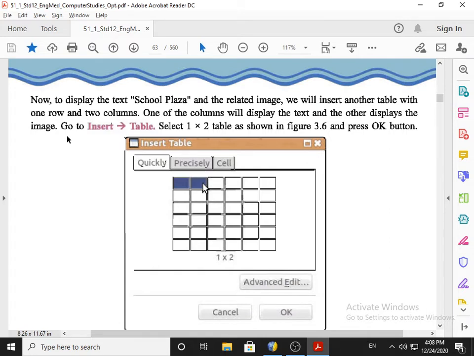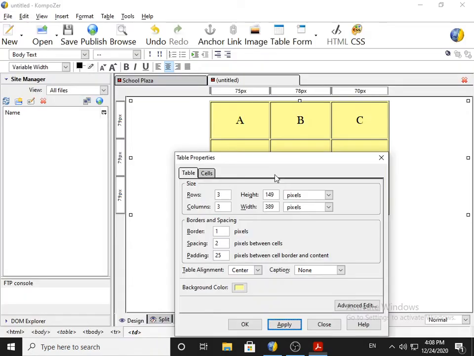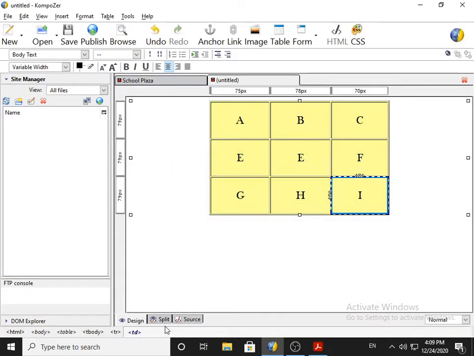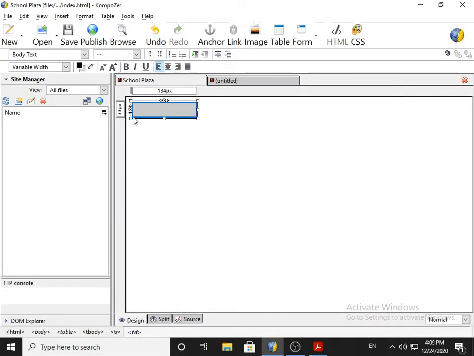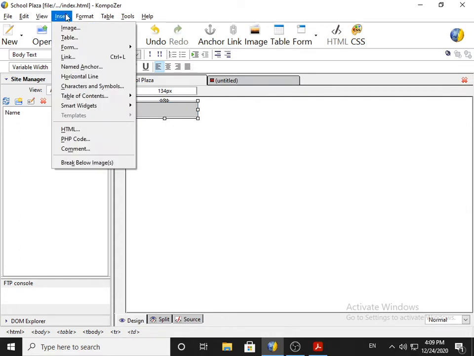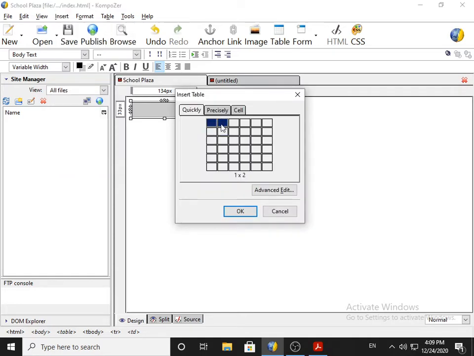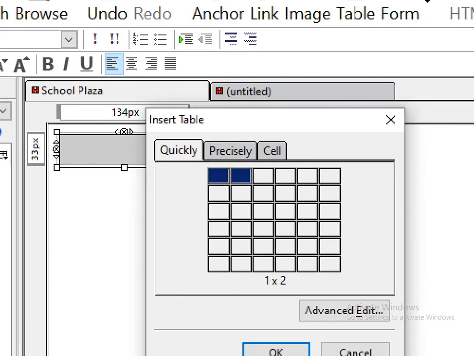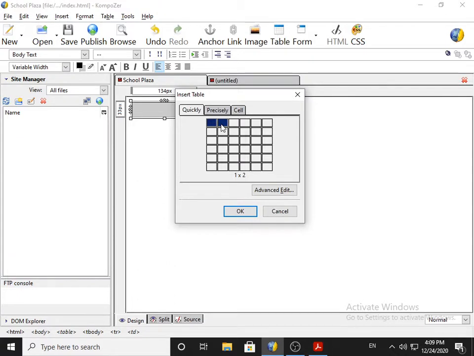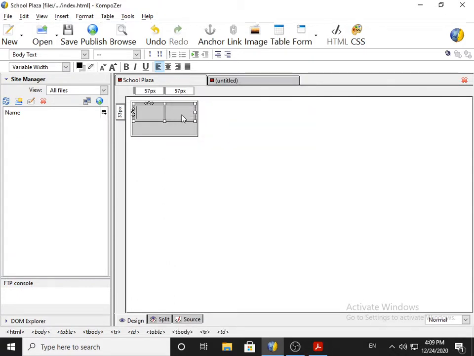So we need to go for insert and table command again, and we have to select 1 by 2, means these two box. We'll go for that in our original file. I click inside this table. One more command I give: insert table and here we will select only two boxes. So I hope you can see here there are two boxes.